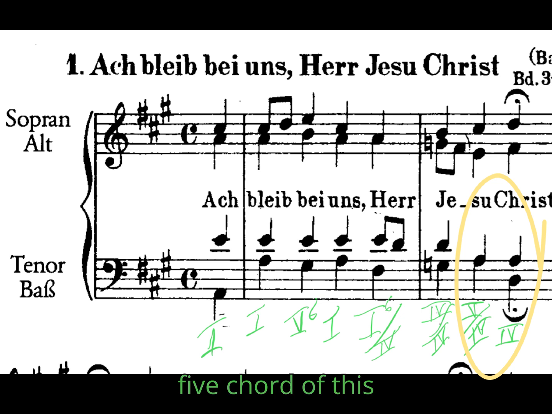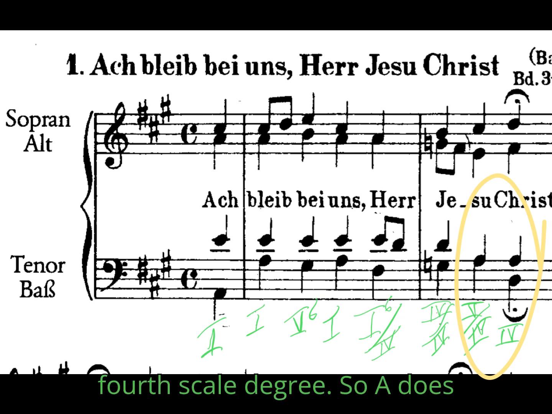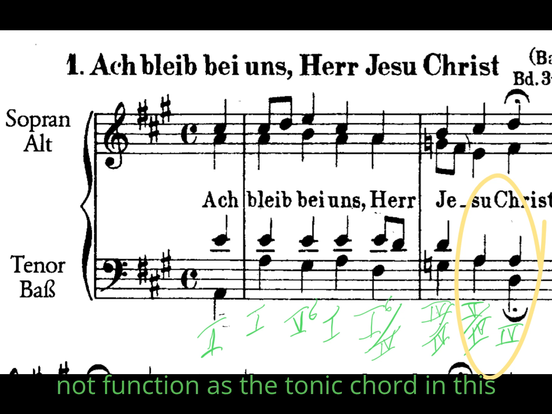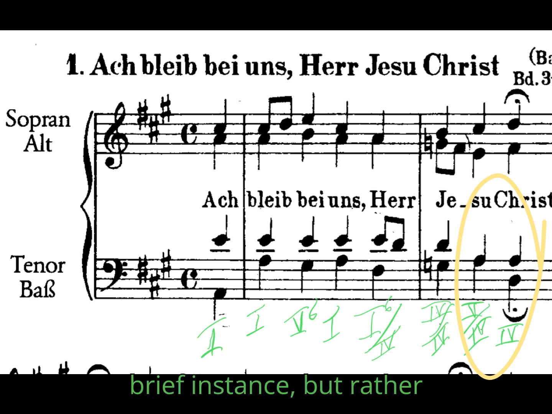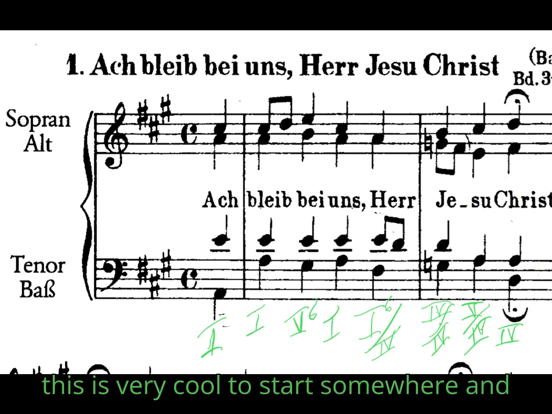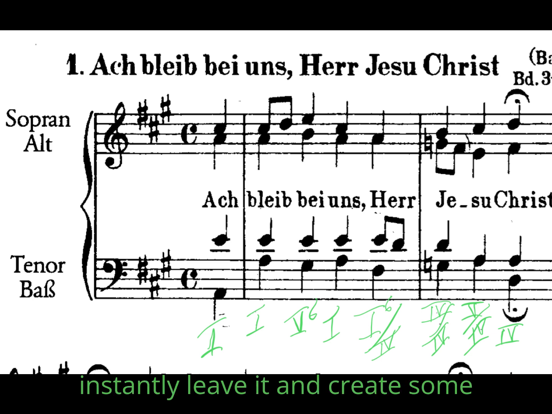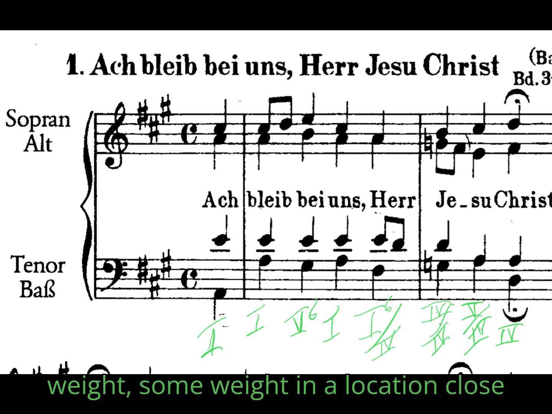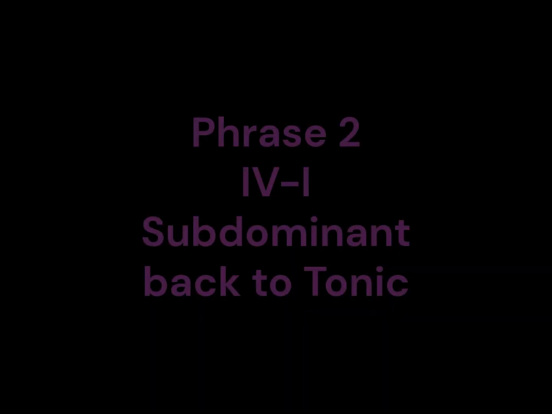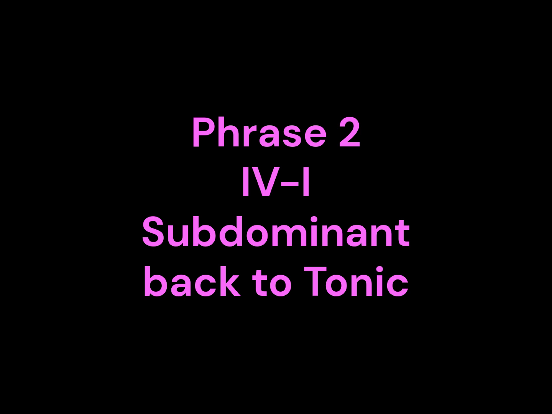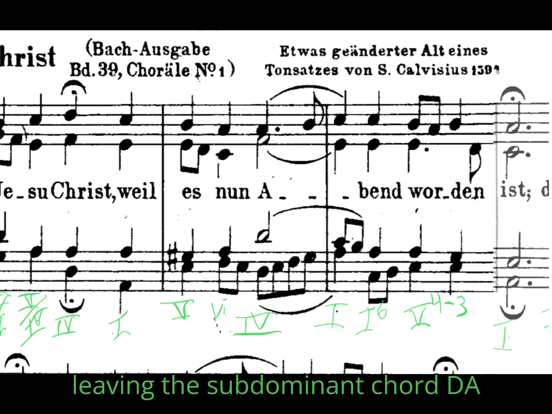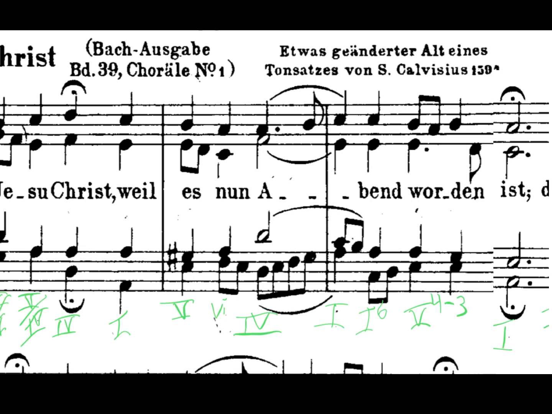a 5 chord of this 4th scale degree. So A does not function as the tonic chord in this brief instance, but rather a 5 of 4. I think this is very cool to start somewhere and instantly leave it and create some weight in a location close by the subdominant chord. Leaving the subdominant chord D,